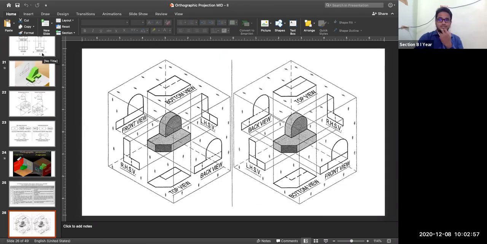We have seen the theory, and now I will give you one small simple object and you have to try to draw its front view, top view, side view and back view. Now you must be thinking how I will be able to see what you are drawing in your page. For that we will use our Canvas account. In your Canvas, you can check in your assignment section. Today I have created classwork 1, classwork 2, like that up to classwork 5.